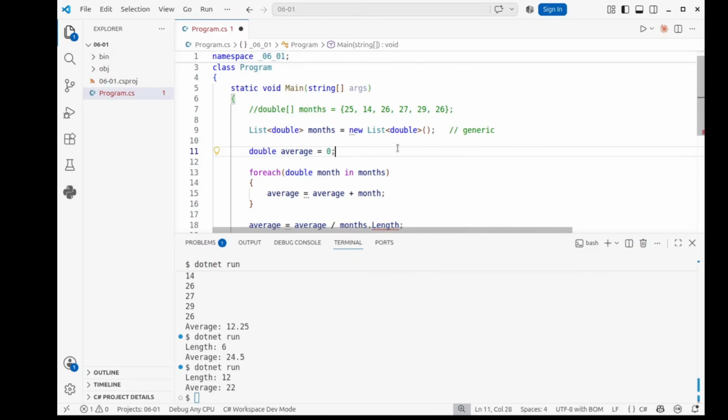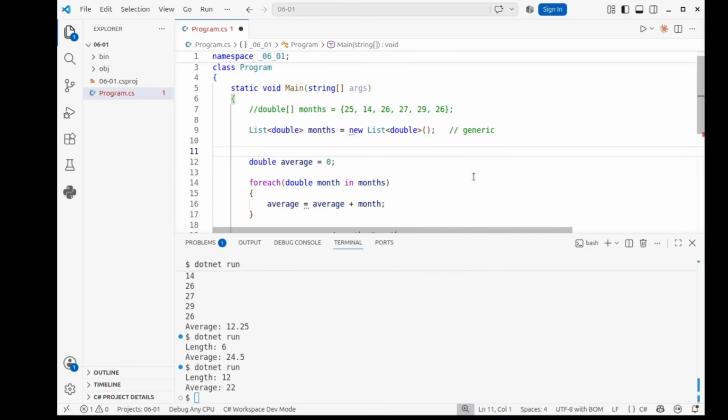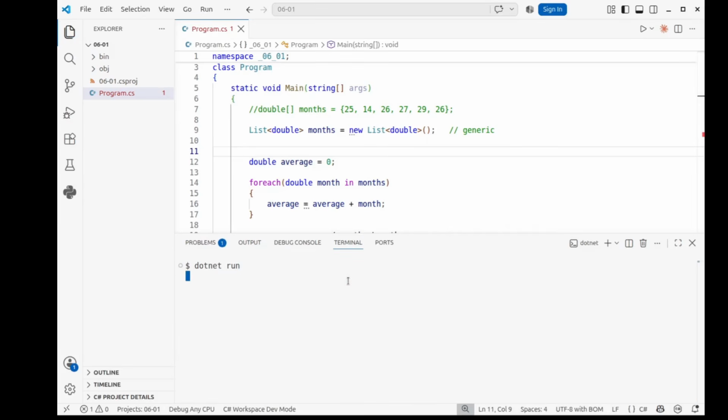However, we can have as many as we want, and we can add to it, and we can actually delete items, and we can search in it to find items of certain values and insert values and all sorts of things, which we're not going to cover in this episode. We're just going to cover the basics. So because we're only covering the basics, let's have a look at how we can use our months list. Right now it's an empty list. So if I just save my code right now and run it,